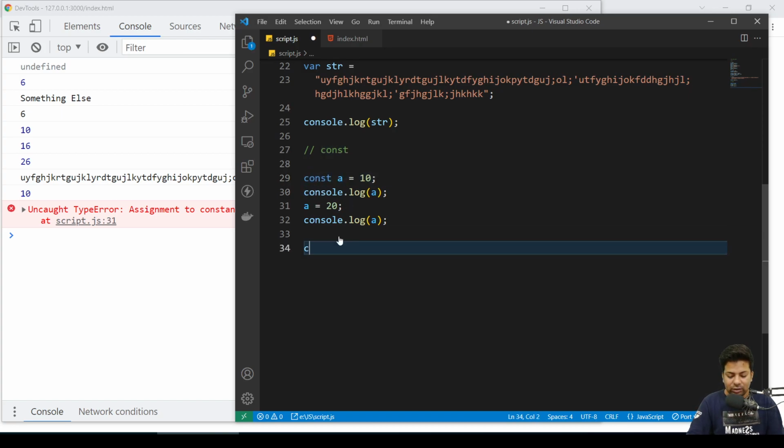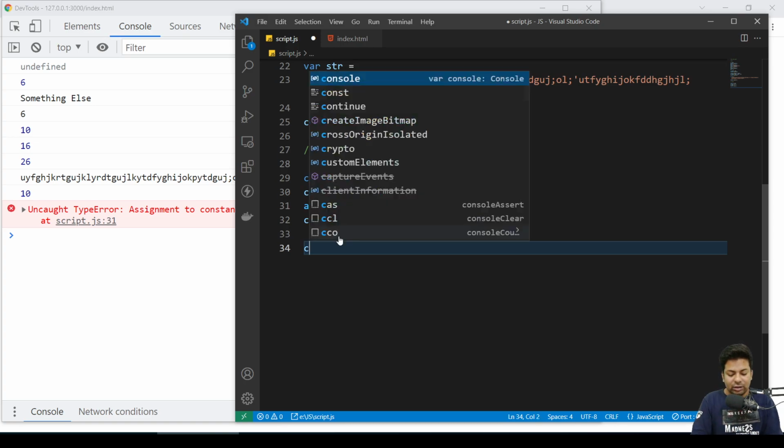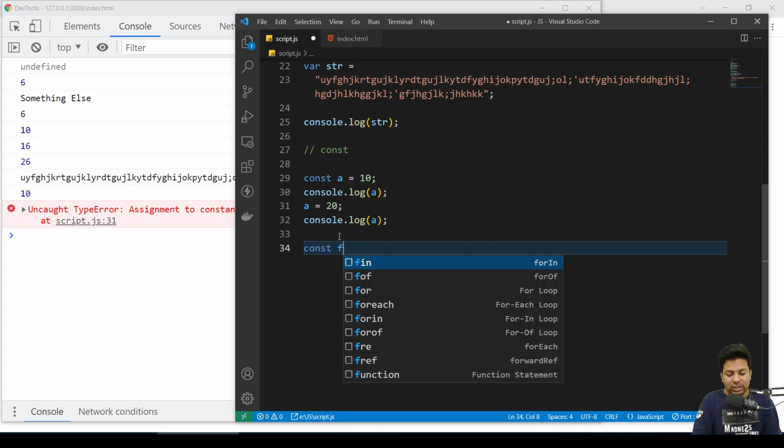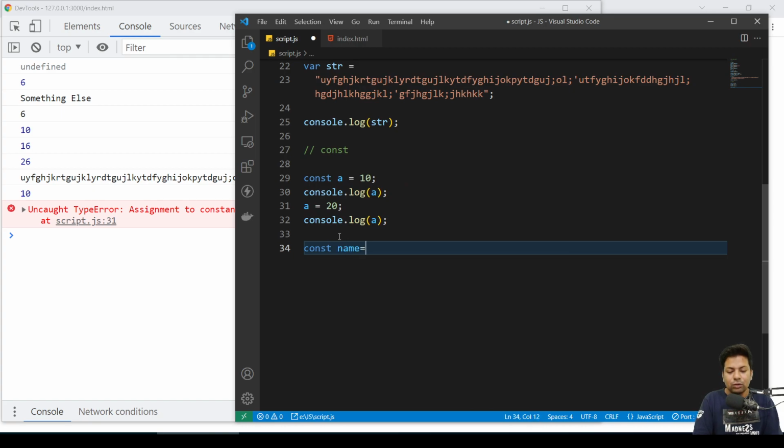Suppose you have a constant. Now you'll be confused, when should I use var, when should I use constant. Suppose you have someone's name, so I'll say name. So now you know the name of the person will not change in the program. Like you have made a program for that particular person, you know that shouldn't be changed. So you can just make it as a constant instead of variable, because you know that person's name won't change,